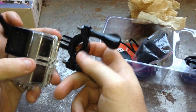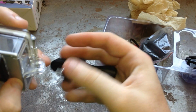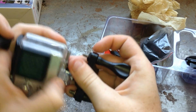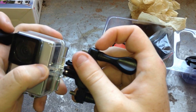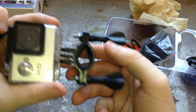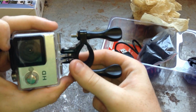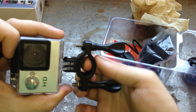Now, one thing I don't know with this one is it may do that. Of course, like I said, you can tell it's pretty tight getting on there. It may die, who knows? If it does, it does. If it doesn't, great. I'm not real concerned about it, just 'cause